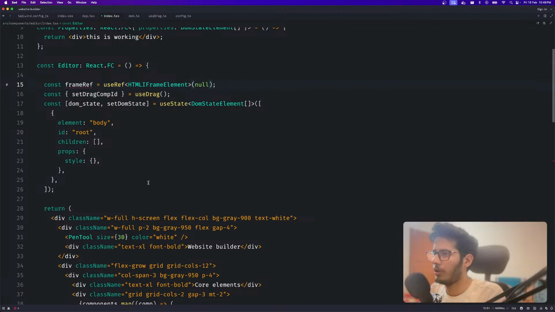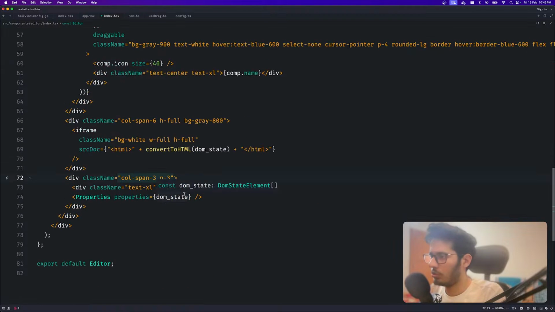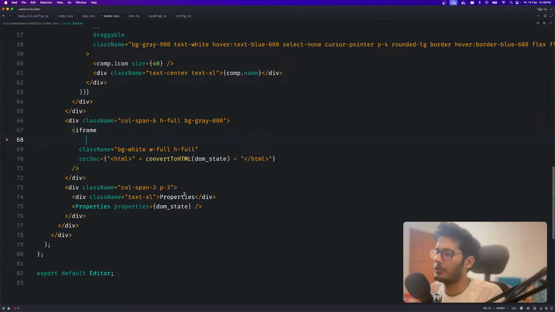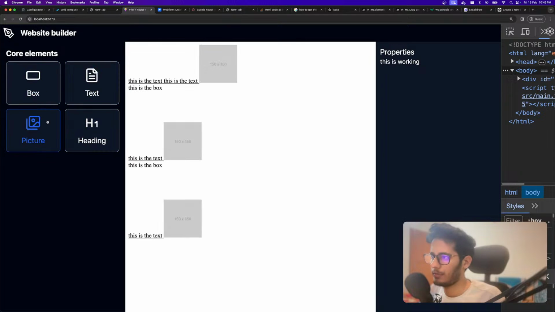Yeah, HTML frame element. And then, this is not required. Okay, so I want to go to the iframe and say a ref is this. Interesting. So I have this as ref, right? And then whenever I'm adding all of these stuff, right? So